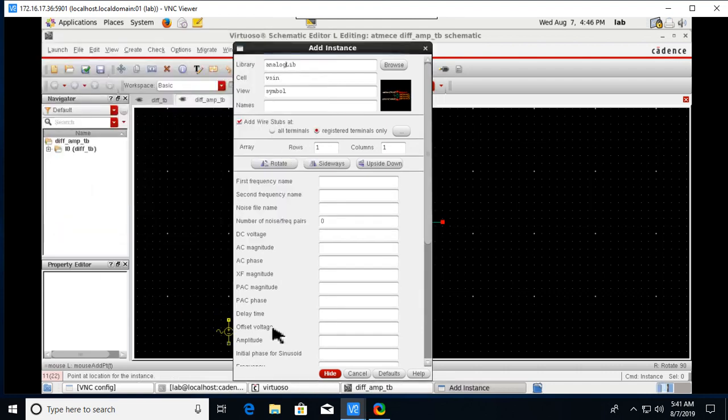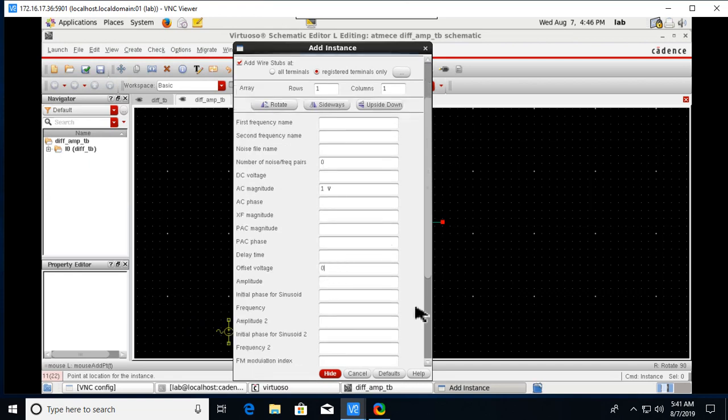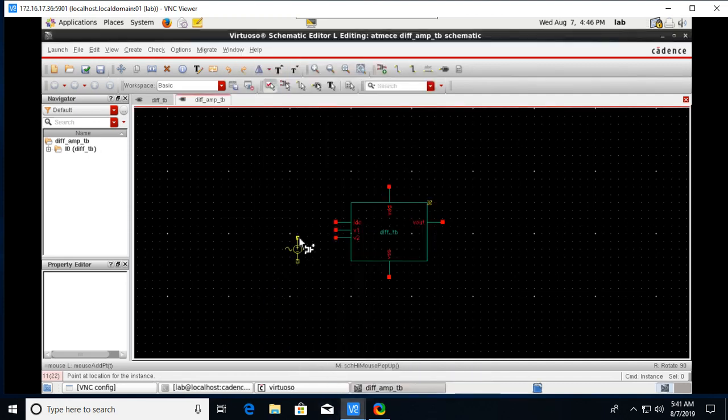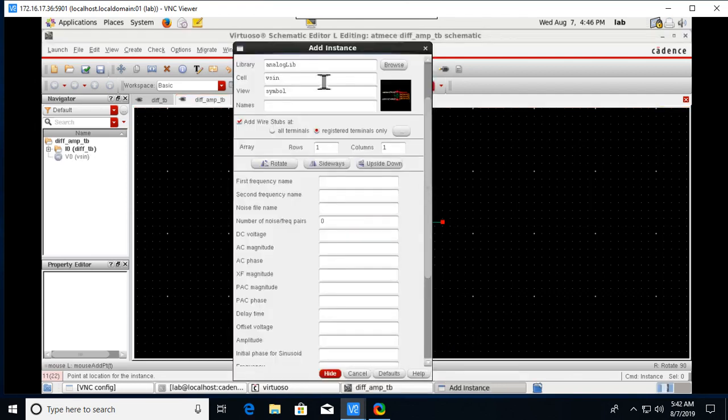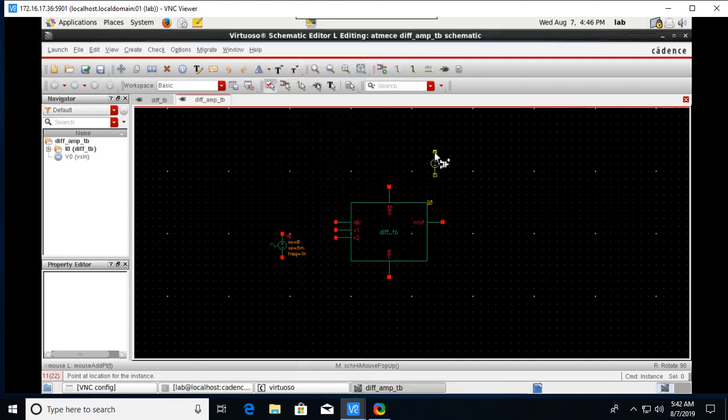Okay, here the parameters are AC magnitude is equal to 1, offset voltage is 0, amplitude 5 milli, and frequency is 1K. So just click on hide and place it here. Next we need a VDC, DC voltage 2.5 required, that is okay. Place it here and